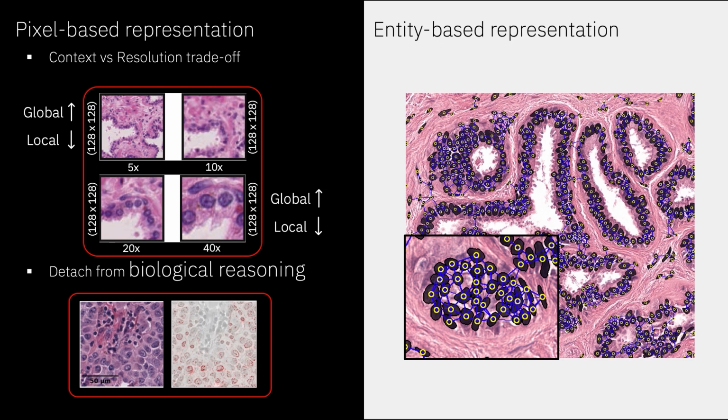So what we propose is to shift the tissue analysis from pixel-based to entity-based. For instance, we can decompose our image into nuclei. And these entities can further be connected to each other to form graphs, for instance, to create cell graphs. And by doing so, the input is now biologically defined, and pathologists can easily relate to it. So we now have a better representation on top of which we can train a deep learning system for classification or for any downstream task.